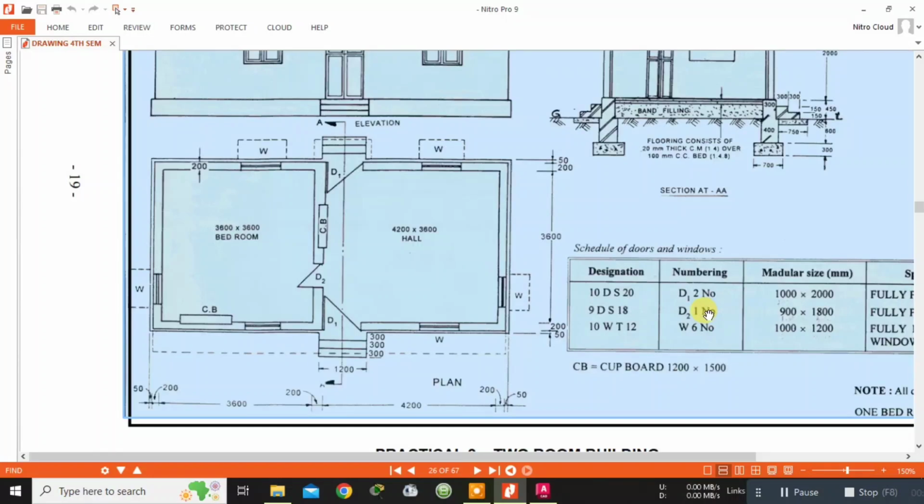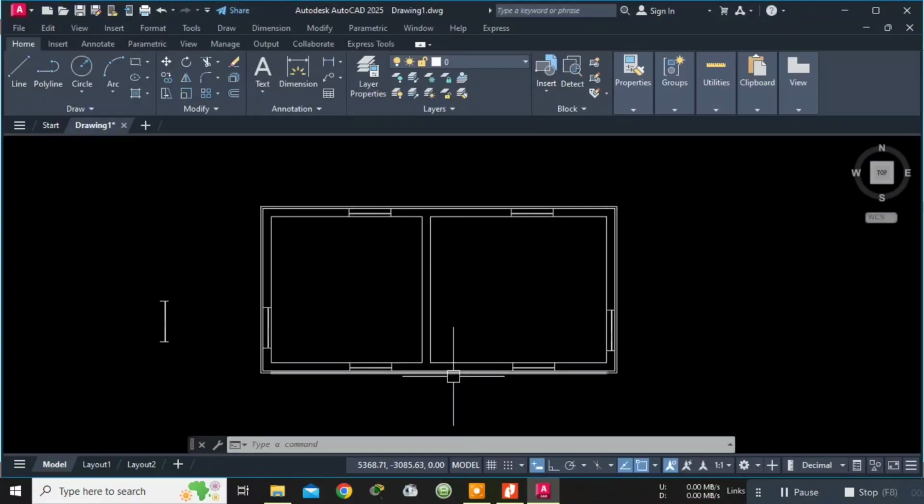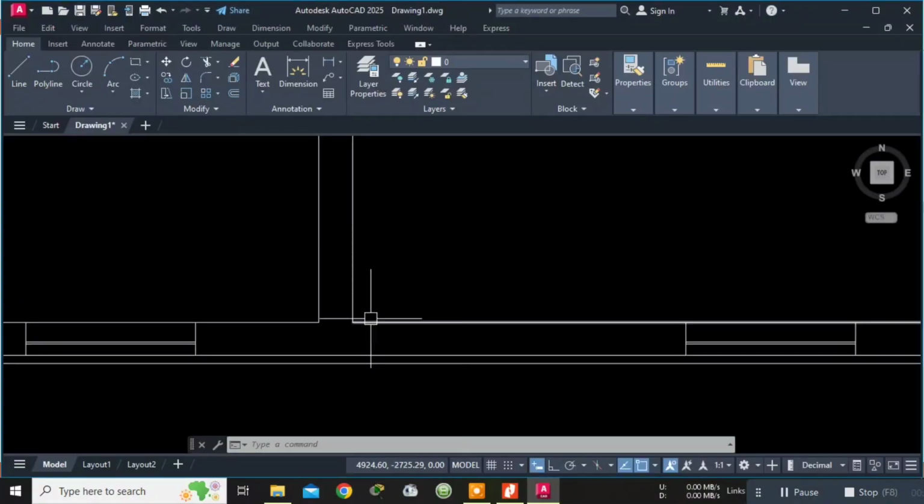Now, as you can see here in the box, door 1 has the dimension of 1000 mm by 2000 mm. 2000 mm is the height, 1000 mm is the width. So I have to create one door of 1000 mm. So let me create the door. In this portion the door is present. So in this portion I will